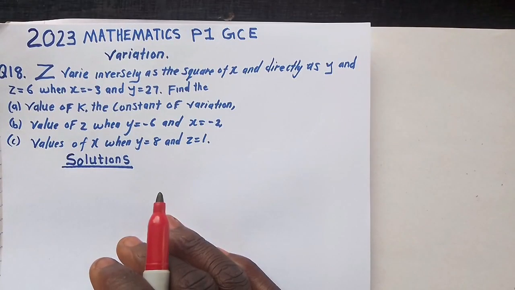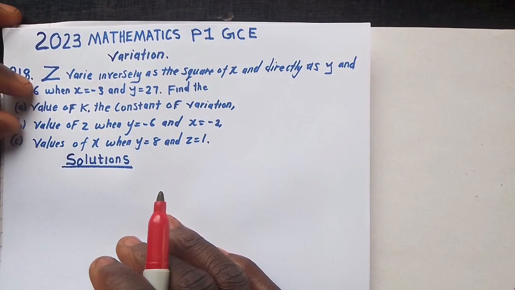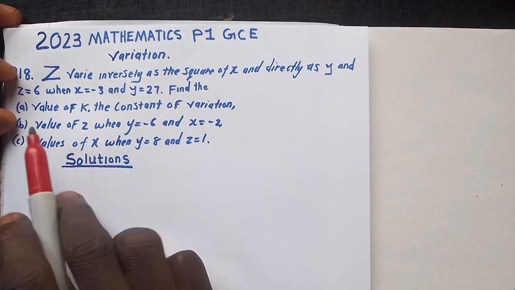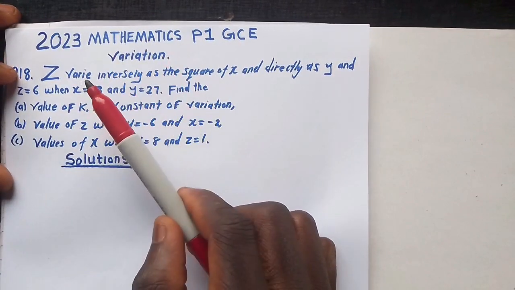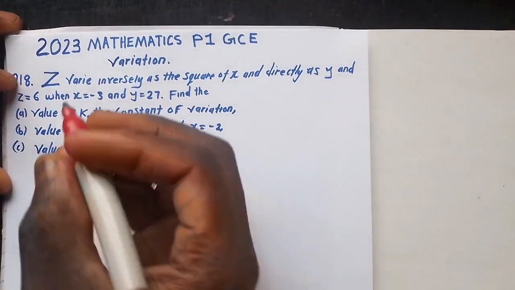Alright, this is Mathematics Paper 1, 2023 GCE. Specifically, I'm going to answer Question 18, which is coming from variation. So the question is saying Z varies